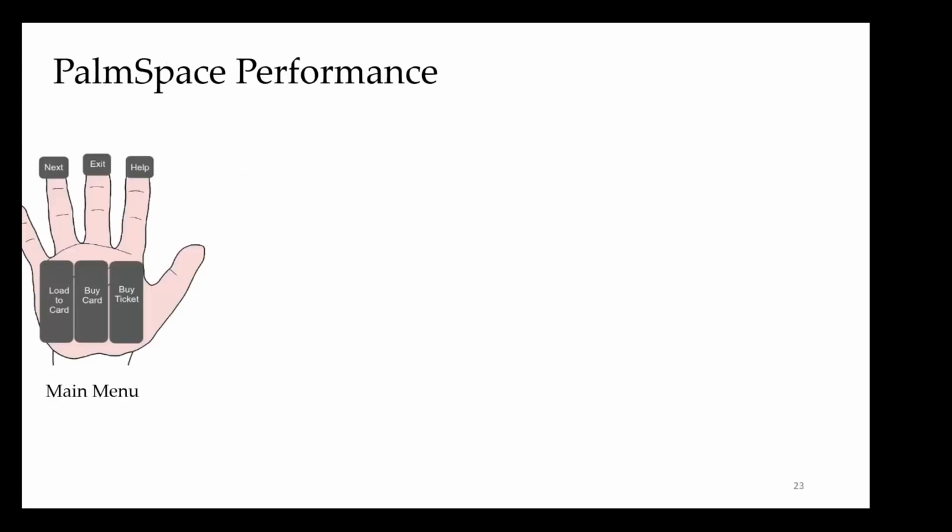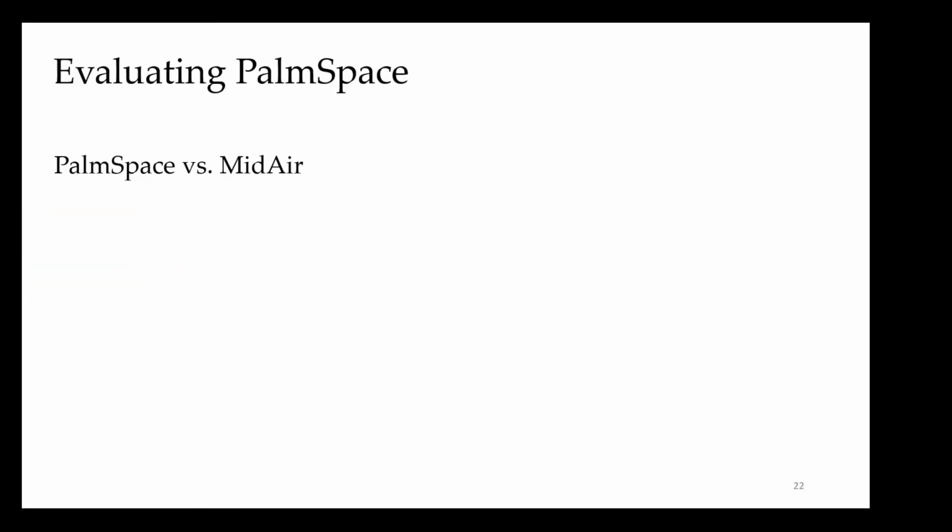Now, for evaluating our technique, PalmSpace, we designed an application where we accommodate different elements on the palm that we commonly see in a self-service ticketing vending machine. More specifically, we designed a ticketing system where users can use the palm and the media to purchase a train ticket. So let me show you the